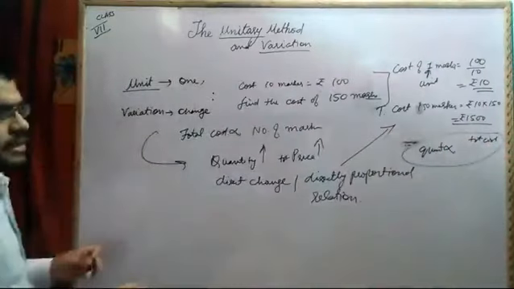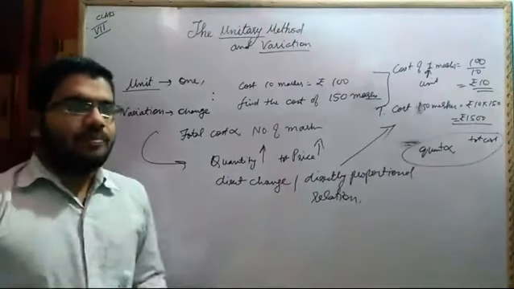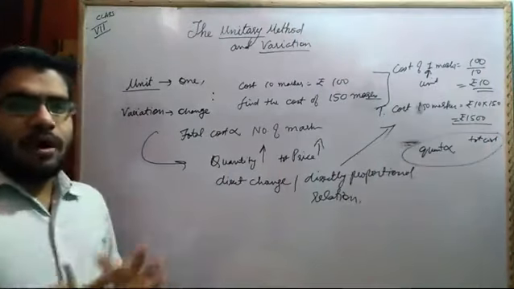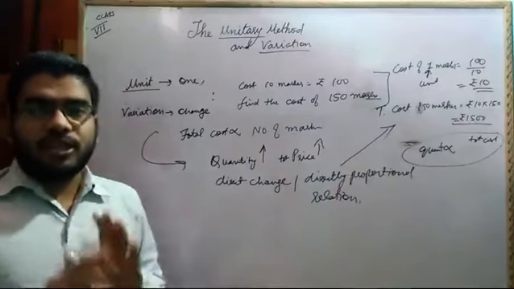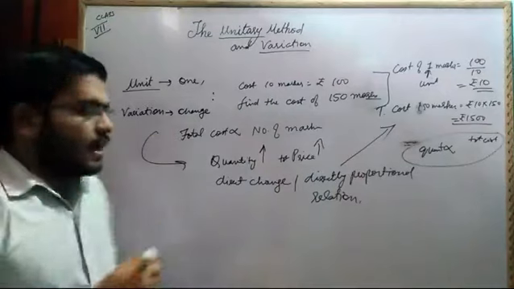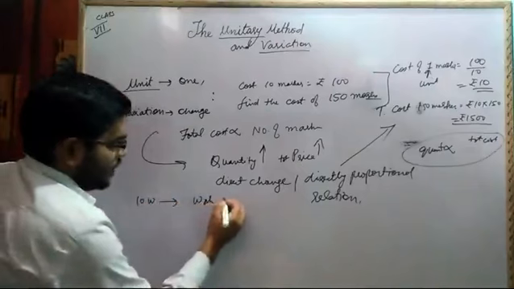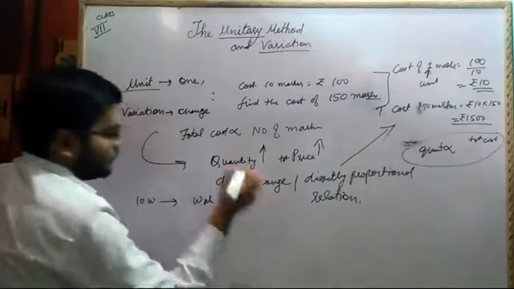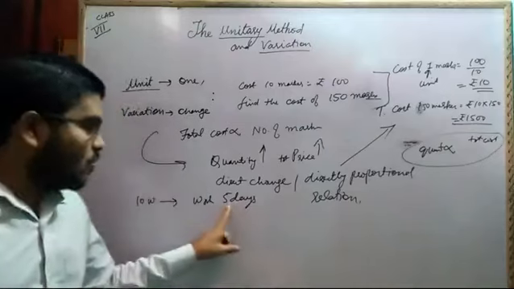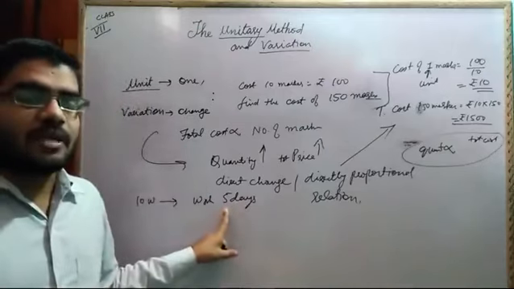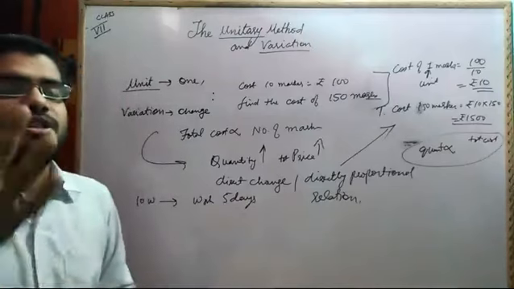Now here is the indirect relation. For example, if I have an agricultural field in which I employ 10 workers, they will be able to finish the work in 5 days. 10 workers can finish the work in 5 days, correct? Now if I want the work to be done fast, I don't want it to be finished in 5 days, I want it finished within 5 days, let's say in 3 days.